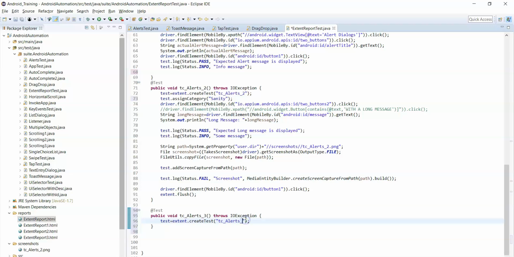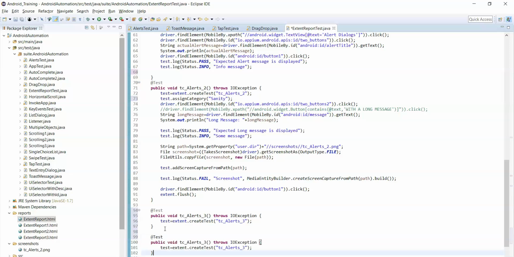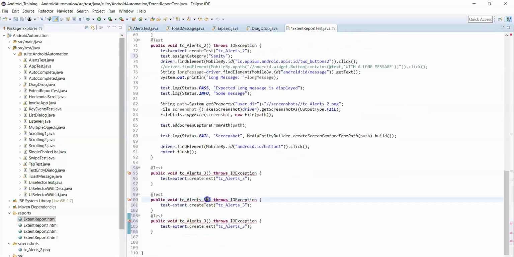Third test case. Similarly, copy the same test case for the fourth and fifth test cases. So fourth test case, fifth test case. Okay, now we have 5 test cases.